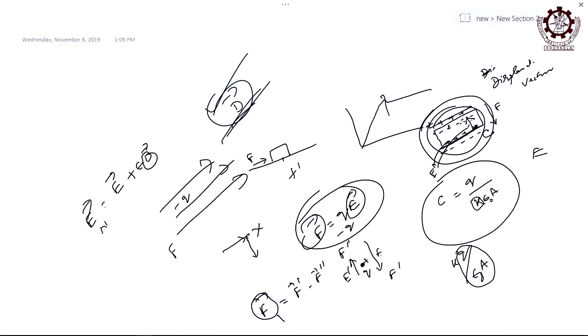In the direction of the same field due to the plates. Positive will go in the same direction, negative will also go in the same direction. Force is in the same direction. That I told you, negative charge is experiencing a force in the opposite direction. Right? If field is there, net field is there, this negative induced charge will go in this direction, positive induced charge will also go in the same direction. Right? Both are going in the same direction, displacing in the same direction, because the force is acting on them